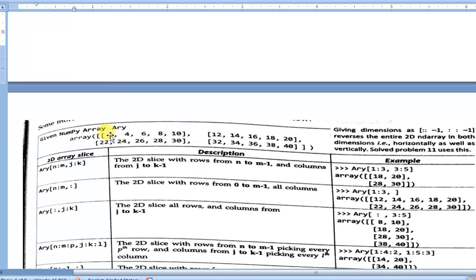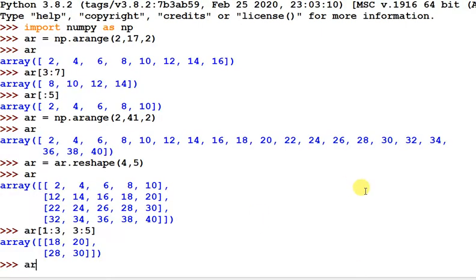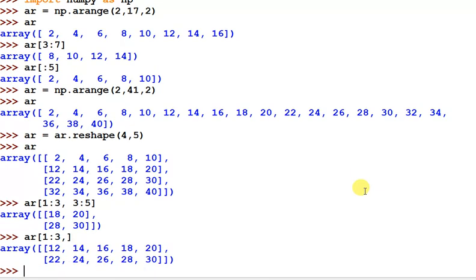Here ar[1:3] only is given. So it will get these values, because these rows 1 and 2 will be selected, and there is no column specification given in this, so you have to select all columns.